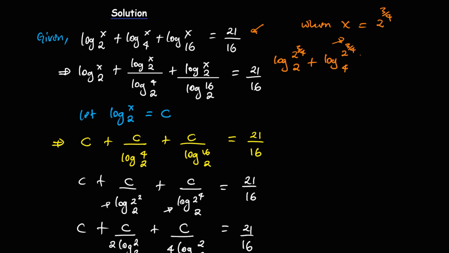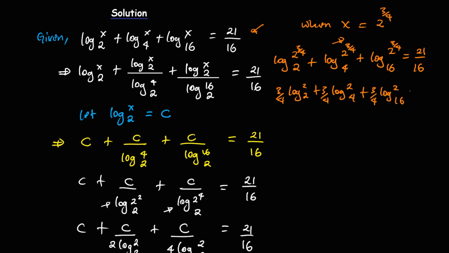to base 4 plus log of 2 to the power 3 over 4 base 16, and this should equal 21 over 16. And from the power rule, 3 over 4 will become a coefficient of the respective logarithm terms. So we'll have 3 over 4 log of 2 base 2 plus 3 over 4 log of 2 base 4 plus 3 over 4 log of 2 base 16, and this should equal 21 over